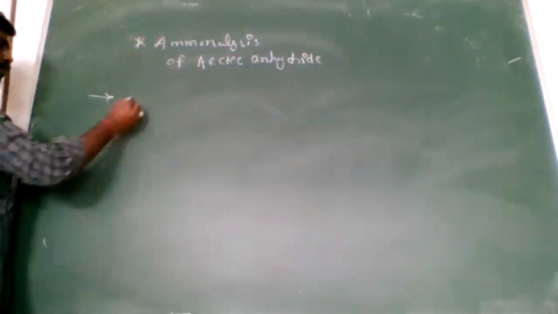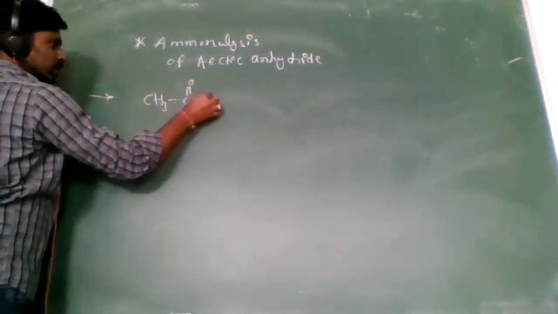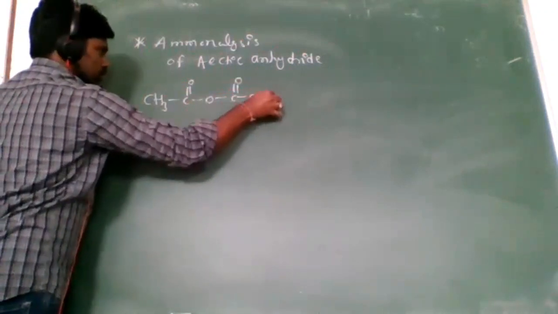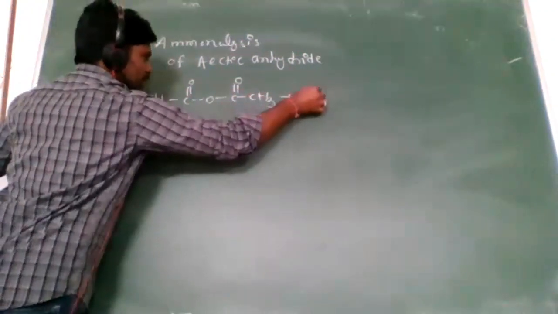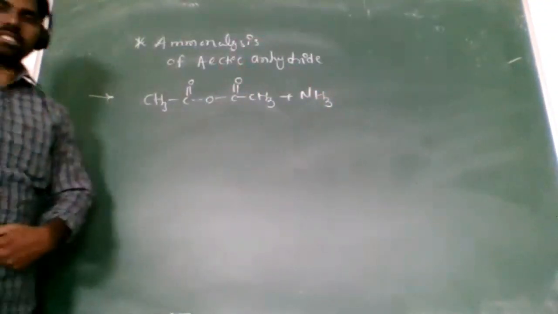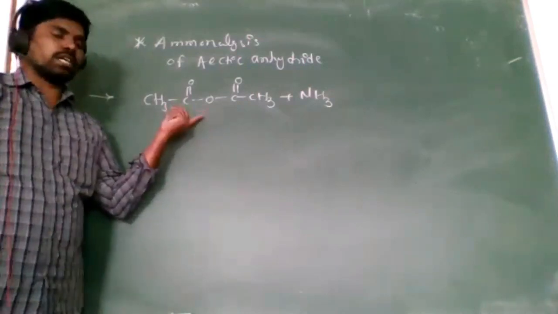I'm taking the acetic anhydride here on the board. I am adding ammonia. So when you add ammonia to the acetic anhydride to form the amide, acetic anhydride is converted to the